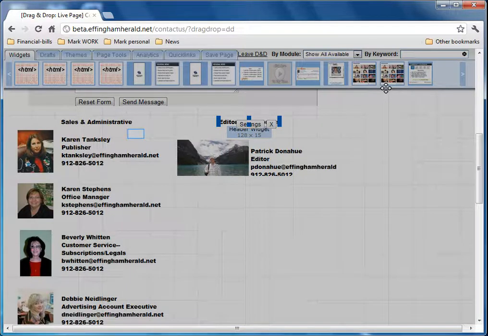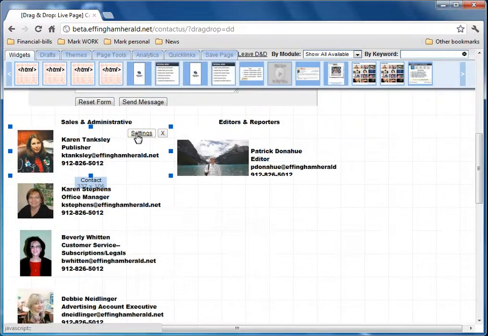Let's start on this side here. I'm going to open this up, click there, and click on settings. What I'm going to do at this point is swap out this particular publisher for a different employee. We're kind of moving around things on the page. So if you're not really adding a new employee, where you need to create an additional column for the new employee, and you're just swapping out somebody for another,